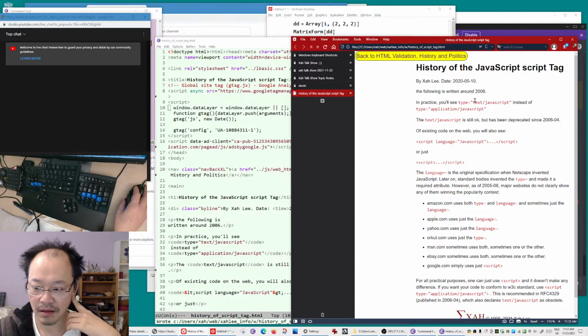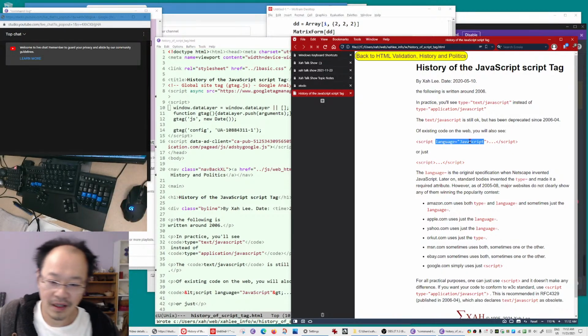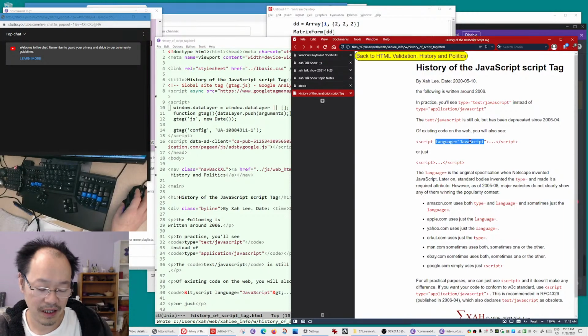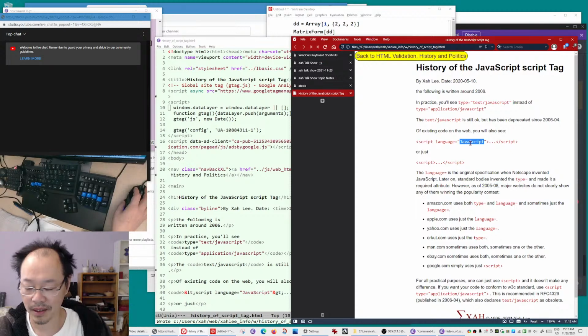So in the past 30 years, there have been a lot of changes in how you use the JavaScript script tag. Back then, in the beginning, you'd say language equals JavaScript, because in the late 1990s there was JavaScript, and there was also JScript from Microsoft, which is a reverse engineering of the JavaScript language.